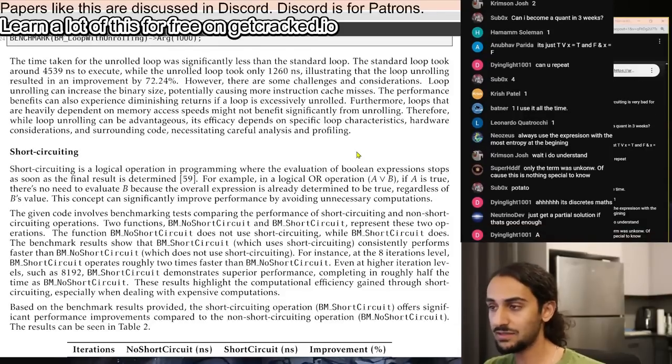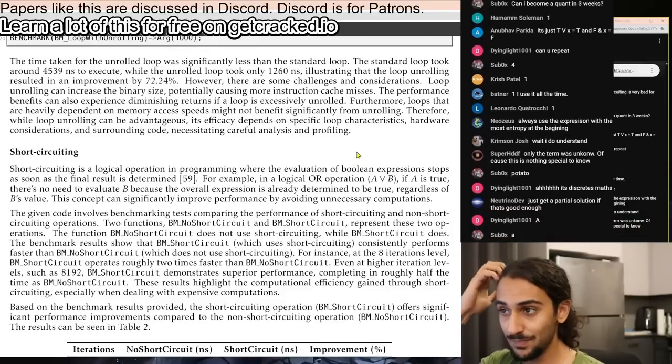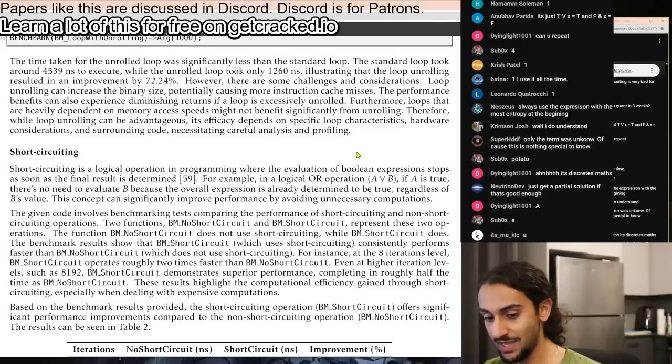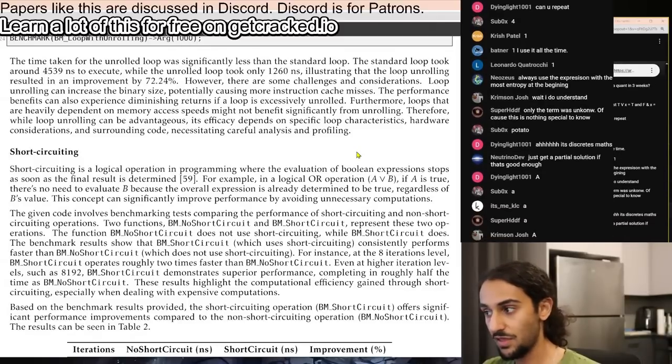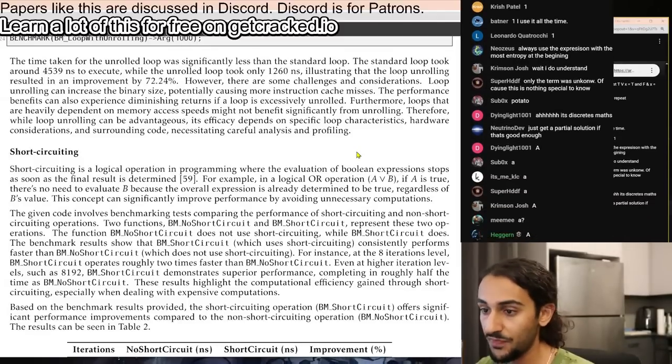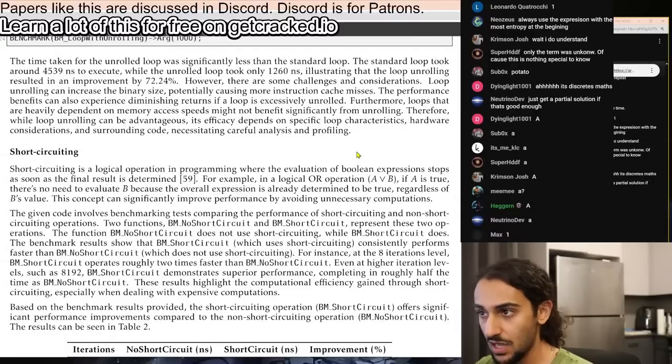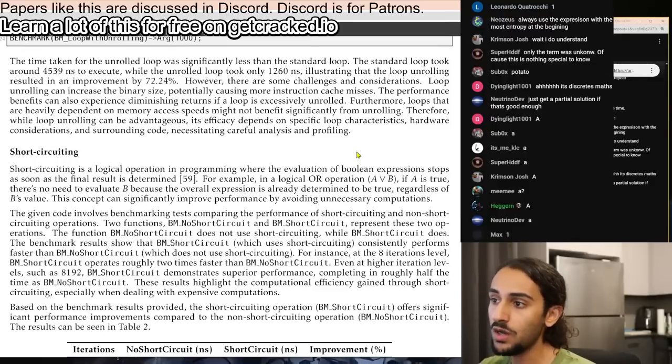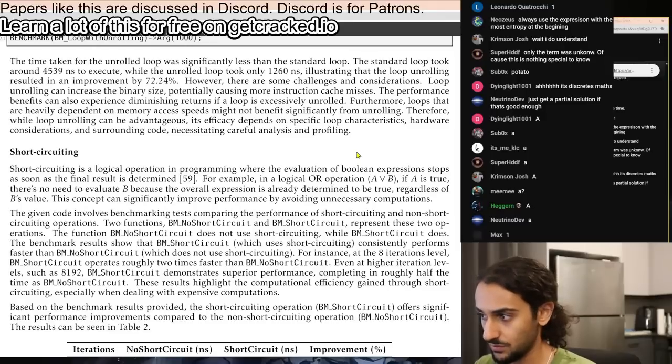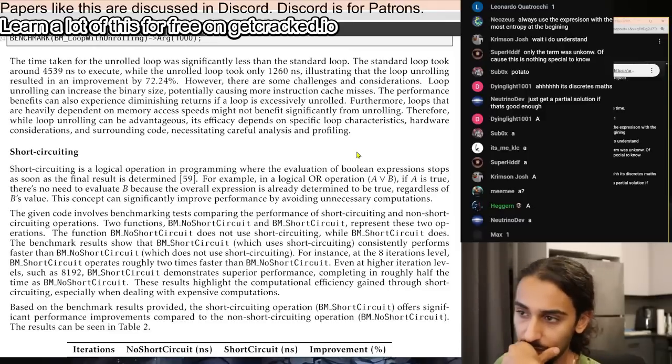A, that's right, A gets done first. Now if A is a simple check and B is an expensive check, that's great. We want the simple check done first because there's no point in doing the expensive check if A is true. Because if A is true, we don't care what B is. So we want the simpler, cheaper check to be done first, in the OR and in the AND case, right?